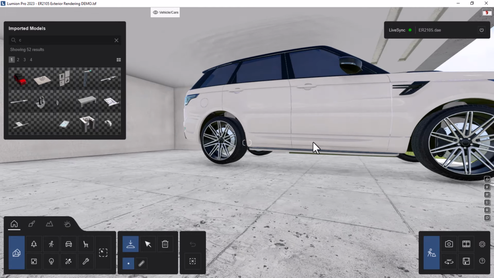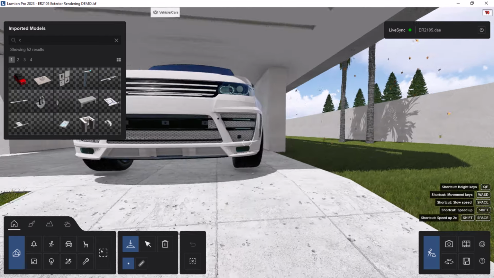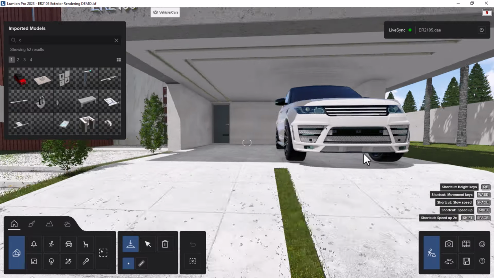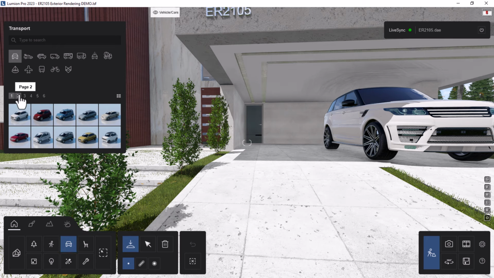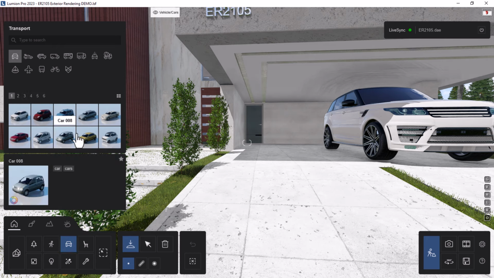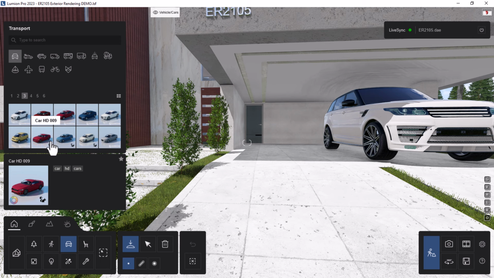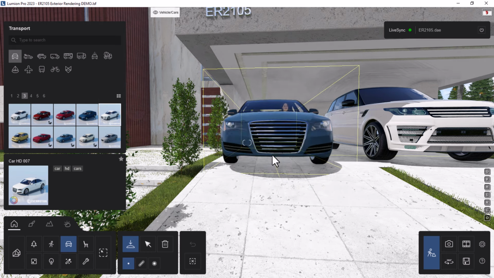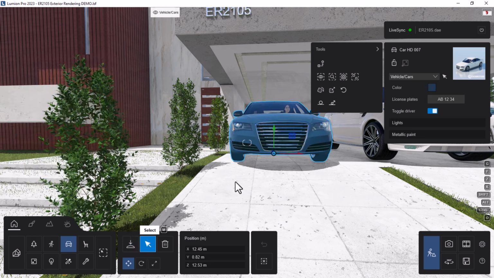I know ArchiCAD, I keep on saying ArchiCAD, Lumion does have really nice cars to use. For example, if you go to the transport mode, we have different types of cars depending on the level. See, these ones are not high details, but if you move on with these pages, you'd find there are those that are a little bit detailed, like for example, let's go for this one, this Audi, and then if you place it alongside this, you could go to select so that you can access the edit